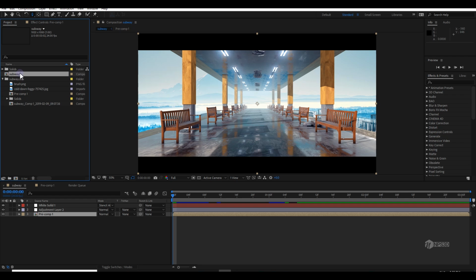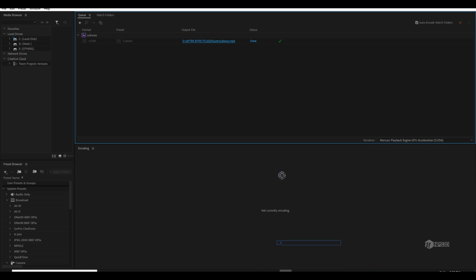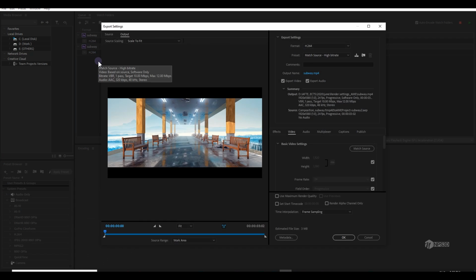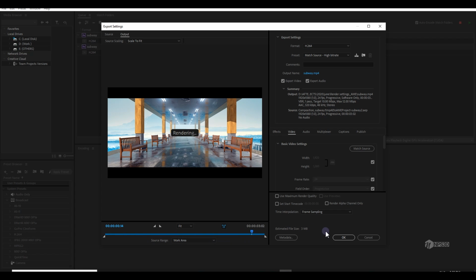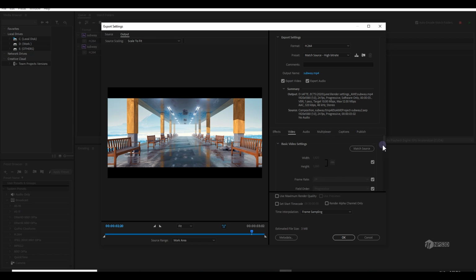I have to select this one and just drag and drop it here, and this is the same, like 3 MB, and I can render it, and this will be rendered in 3 MB. If you think you need just a little bit more size, you will simply go over here and change it to 20 or 30, whatever you think is good to share.